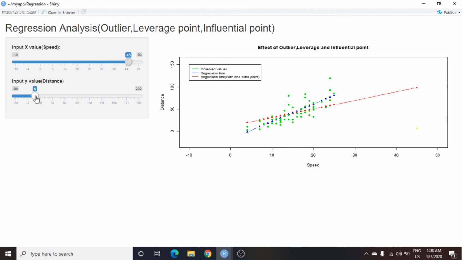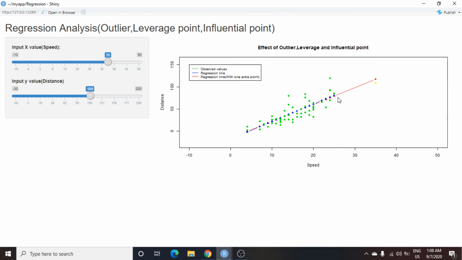So we'll set the x value to 35 and the y value to near 109.